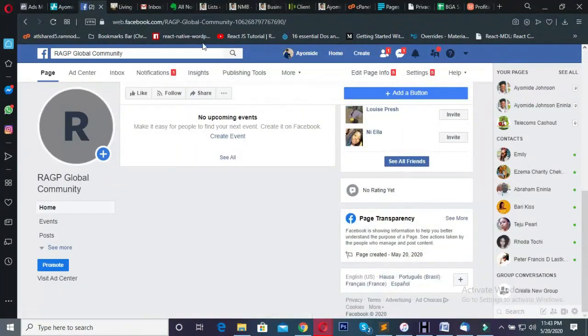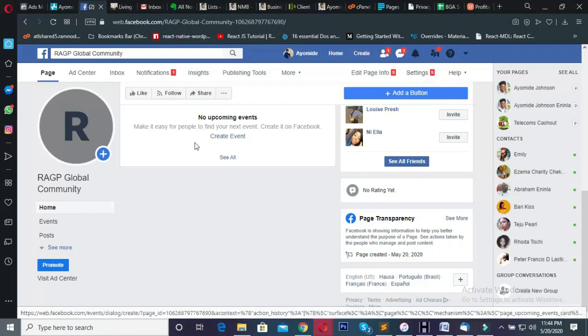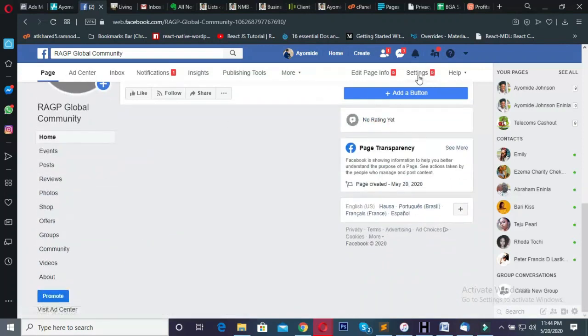to run ads. Well, another thing we might need to do, I think we need to publish the page, because most of the time when you create a page, the page will have an unpublished status. So let's go publish the page so that the page will be public. Okay, so go to settings